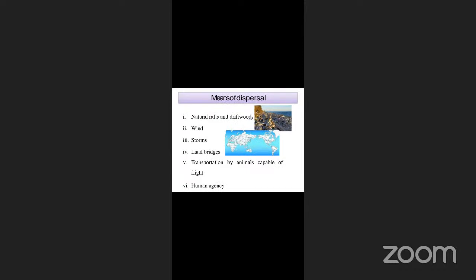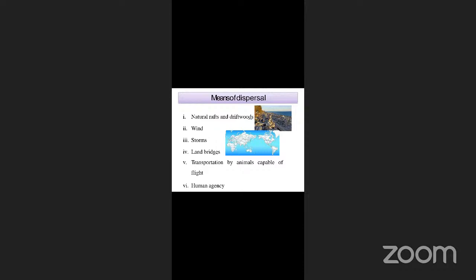Suppose some of them are distributed throughout certain continents. Like elephants, you can see both in India and Africa. Like that, you can see some animals in many countries or many continents. So how has the dispersal happened? This may be due to natural rafts or driftwood. We'll have some wood floating on the water, so maybe some animals, through floating, might have reached some other